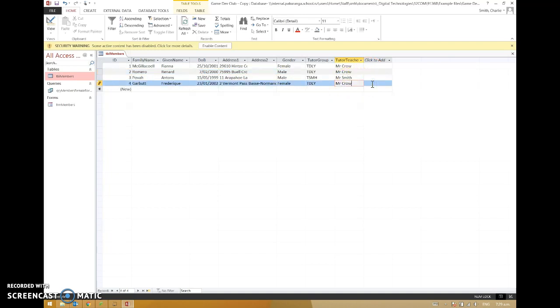Again, not a big deal when there's only 3 records, but if it was hundreds, thousands of records, then that would be a problem. So we're going to resolve this by using a linked table to store the tutor group